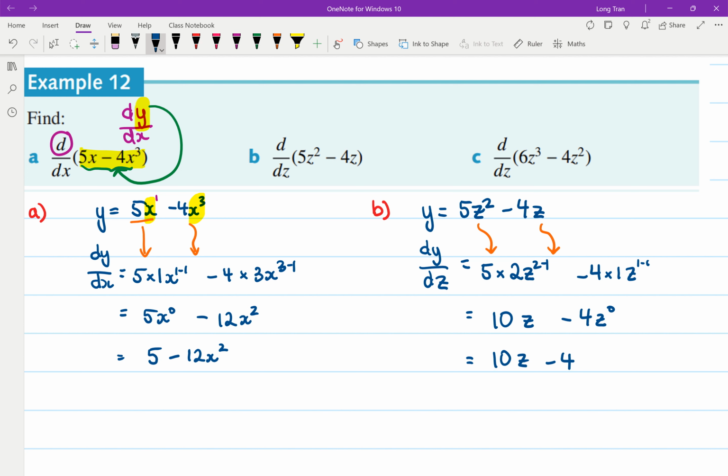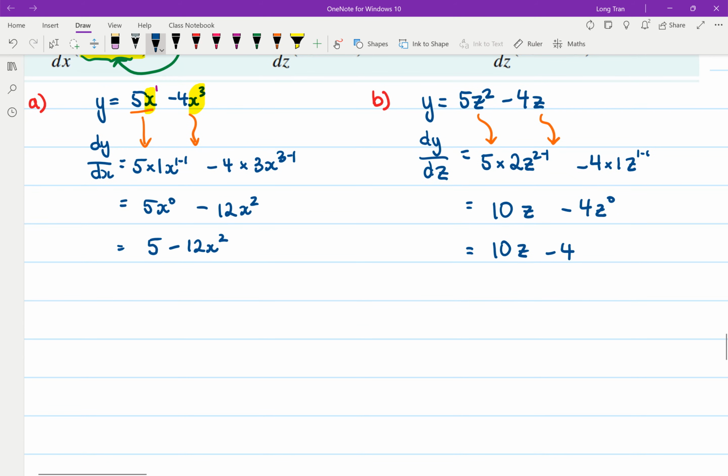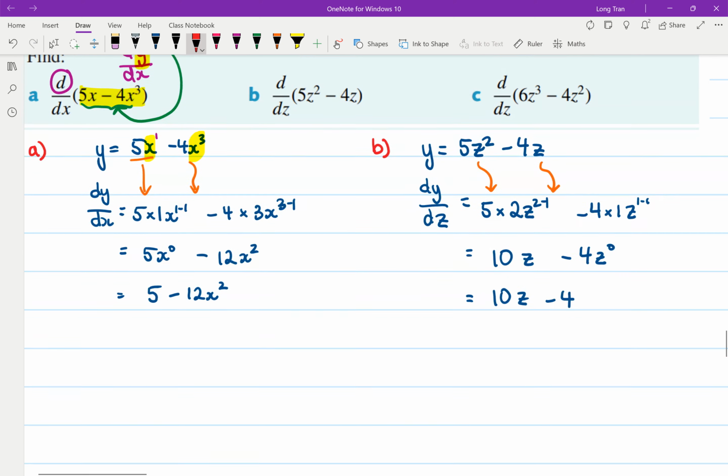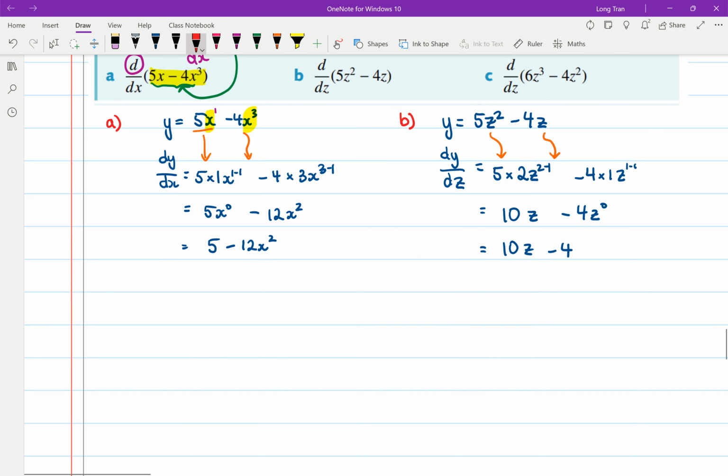And then now we're going to look at example C. So let's have a look at example C here. You got C as, what do we have? C is equal to y is equal to 6z cubed minus 4z squared, and essentially it's asking you to find the derivative, which we know the derivative is delta y delta z is equal to,